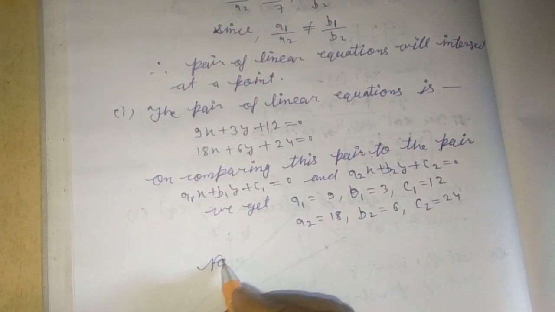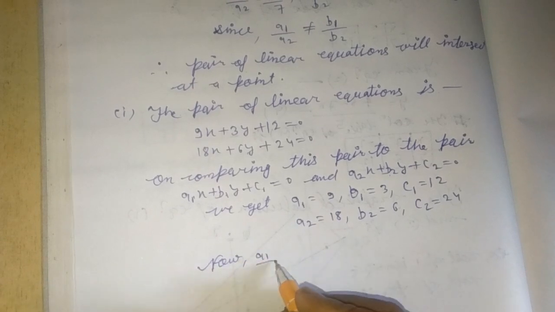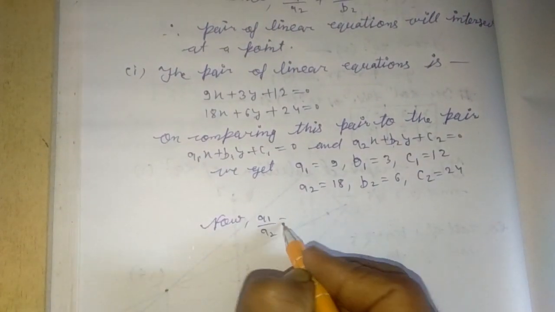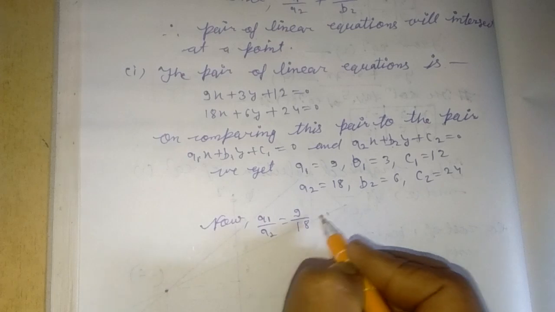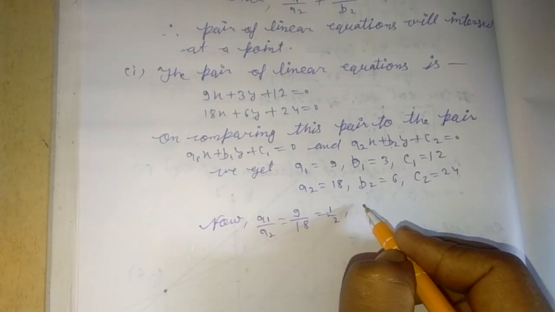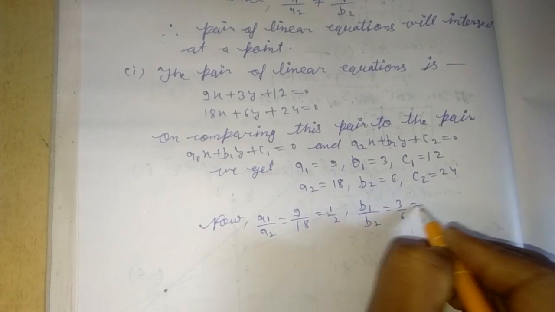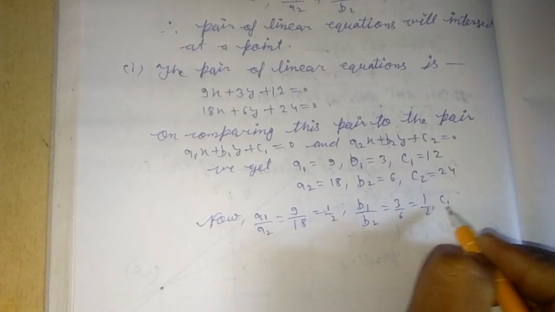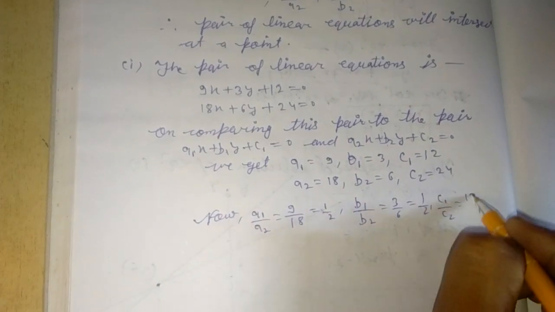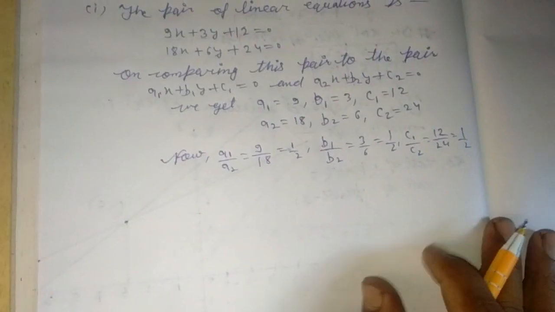Now a1 upon a2 equal 9 upon 18 means 1 upon 2, b1 upon b2 equal 1 upon 2, c1 upon c2 1 upon 2 again. Okay,